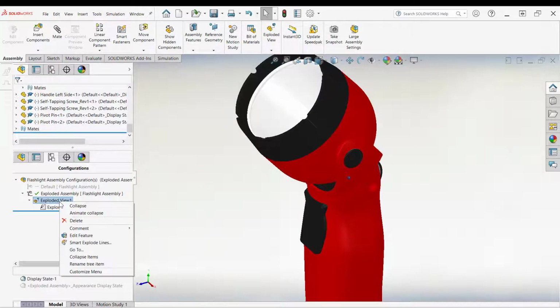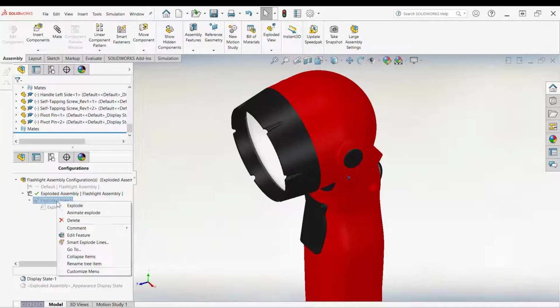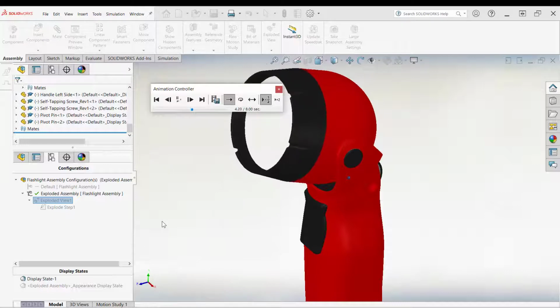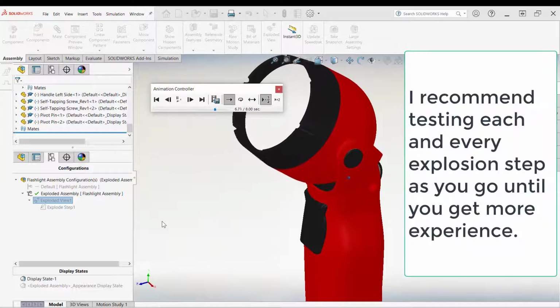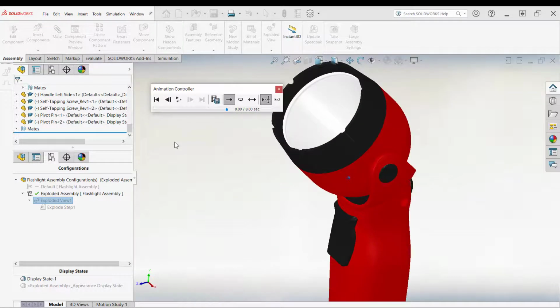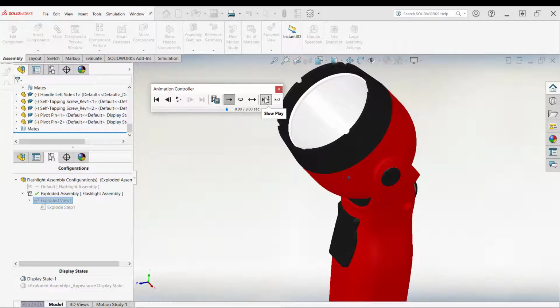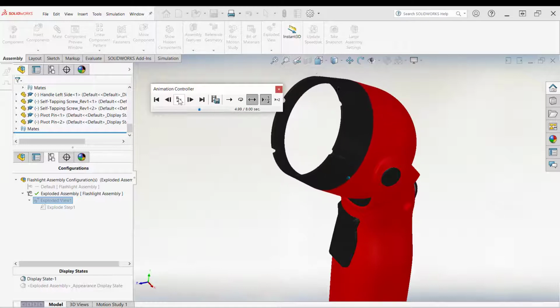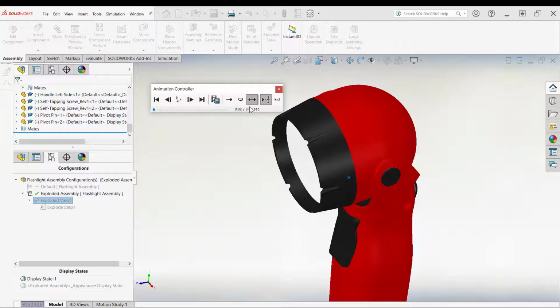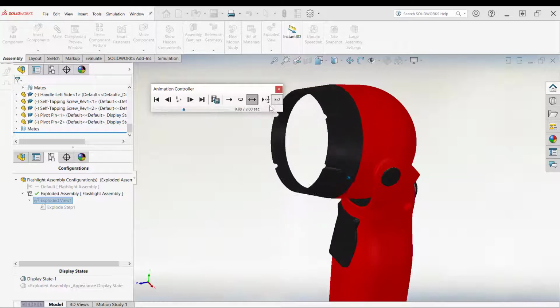Alright, so now I'll collapse this, and then I'll right click and I'll say Animate Explode, and so now we see that it's going up the 60 degrees. So that's a little bit tricky in getting that to do as you intended. Now you can increase or decrease the speed. You could tell it to go into a loop to go back and forth, and let's do that. So we'll see it going down, and we'll see it go back up. If I want to increase that speed,